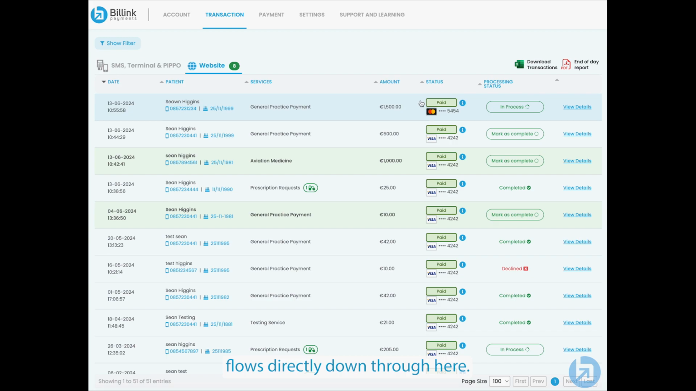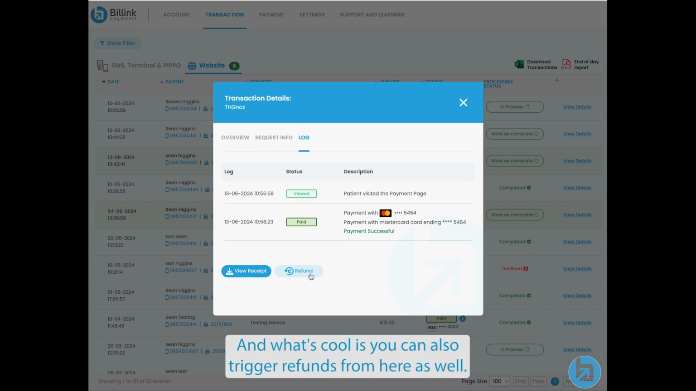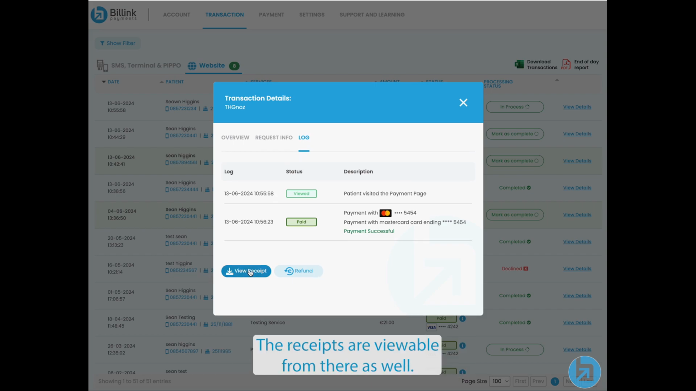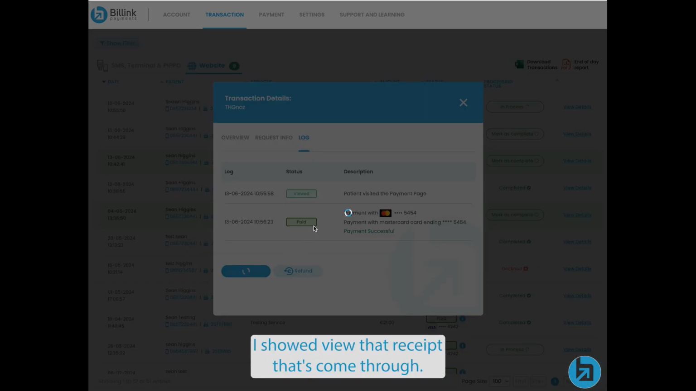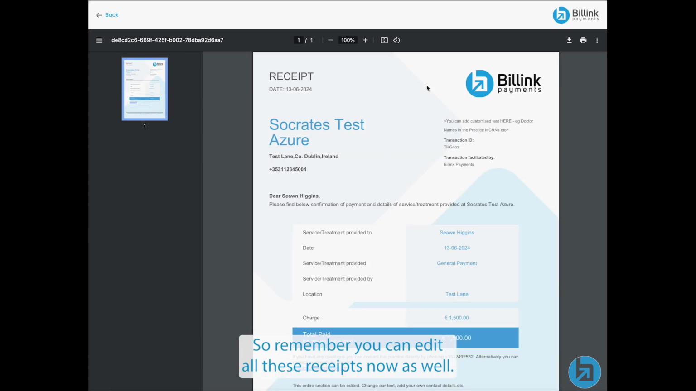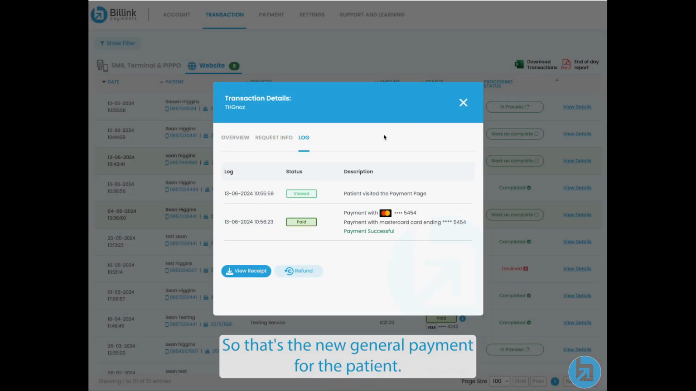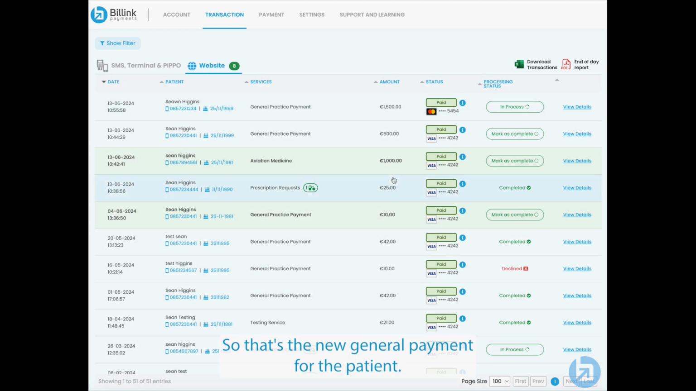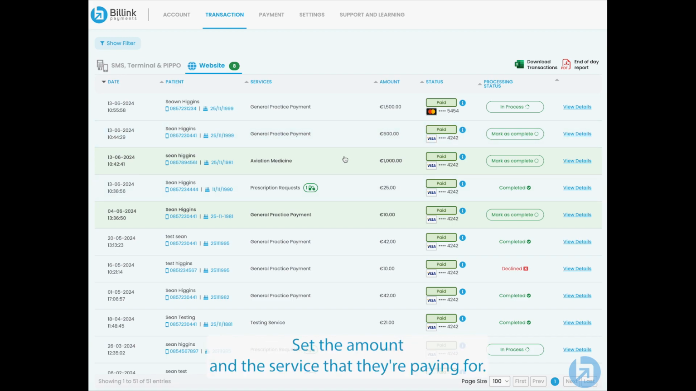Flows directly down through here. You get an email alert through there and it's nice and structured. And what's cool is you can also trigger refunds from here as well. The receipts are viewable from there as well. I should view that receipt that's come through. So remember, you can edit all these receipts now as well. You can put in your own logos, you can change the texts, and you can change the layouts and all that kind of stuff. So that's the new general payment where the patient sets the amount and the service